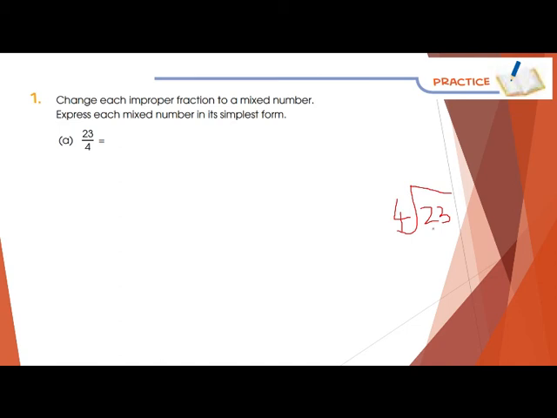4 1s are 4, 4 2s are 8, 4 3s are 12, 4 4s are 16, 4 5s are 20. If we are reading 4 6s are 24, it will be greater than the 23, so you will write 20 over here. Okay, 4 5s are 20. And what is the remainder? Remainder is 3. How you will write in the form of a fraction? In the form of a simplest form. Simple, whatever the divisor is, you have to write 4. Whatever the multiplication value you got, it's 5. So you will write the 5 whole over here. And what is the remainder? You have to write here.